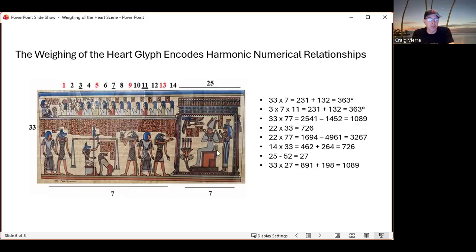33 times 27, which could even be the 27 from the feathers, and the bird that's being represented here is the ba. And that's 891. Nikola Tesla's room number was 3327. So 891 plus, this is mere addition, 198, you have 1089. And I could keep going, there's so much in here, but you can see as